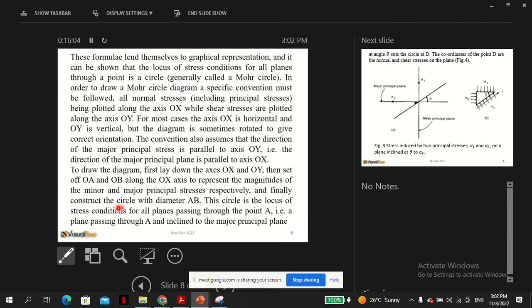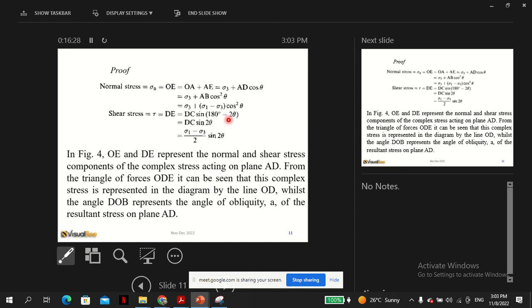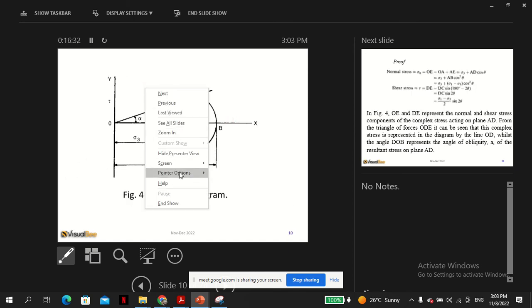This circle is the locus of the stress conditions of all planes passing through the point A, i.e. a plane passing through A and inclined to the major principal plane at angle theta cuts the circle at D. The coordinates of the point D are the normal and shear stresses on the plane in figure 4. You don't need to worry about a lot of things. I think I already explained this in the previous course. All you need to know